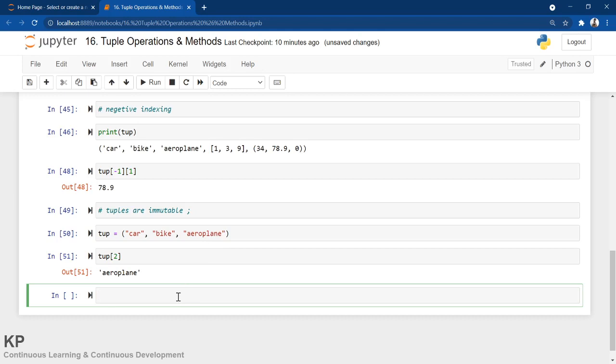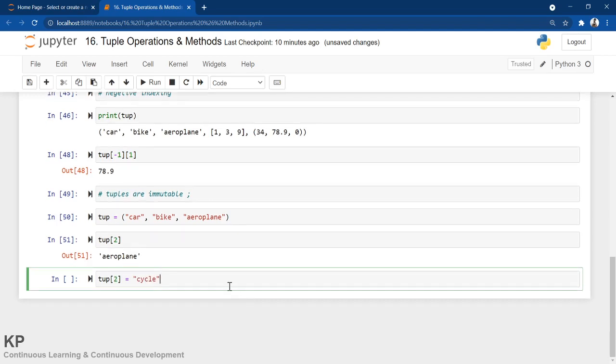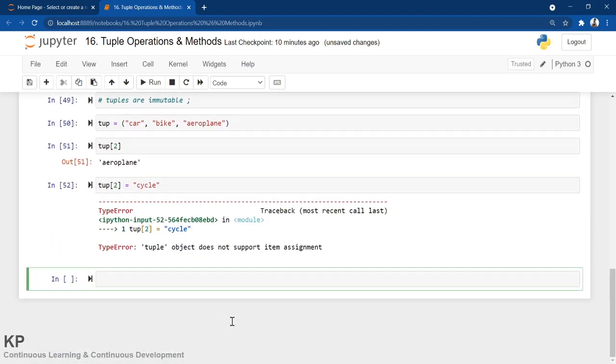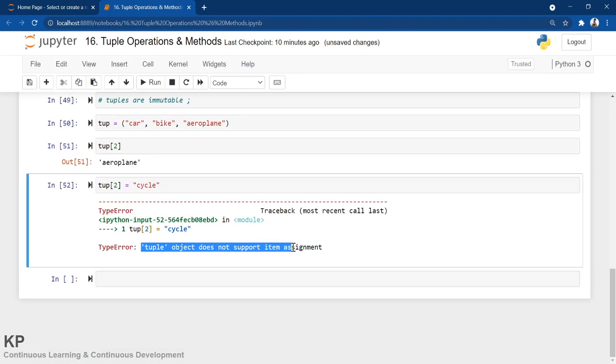Okay, so how can I do that? Normally in a list, what is the syntax? We normally do this: this is the position number, and in place of aeroplane, or whatever is there, I want to replace it with cycle, isn't it? This is the syntax. So in the tuple, if I do the same thing and execute, you can see it's an error: tuple object does not support item assignment.